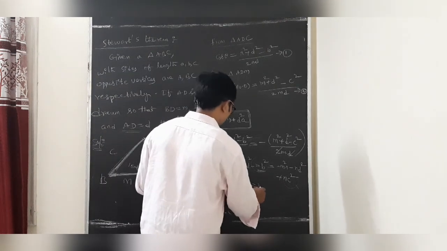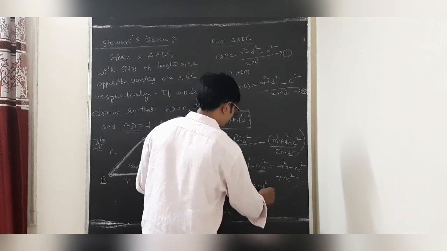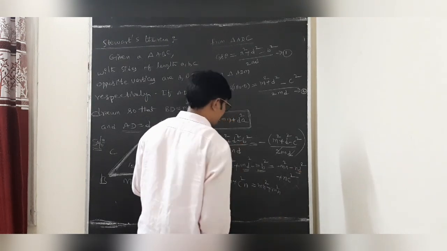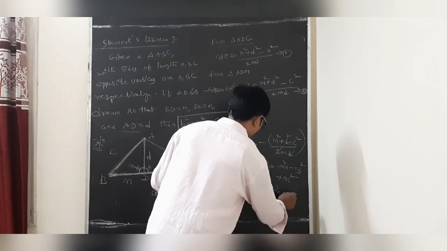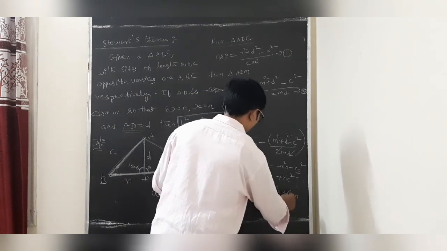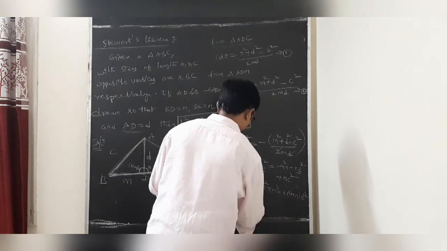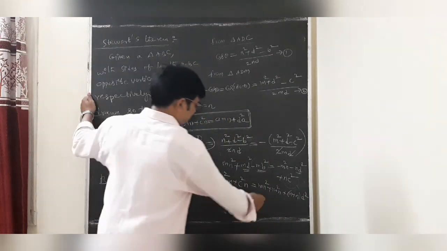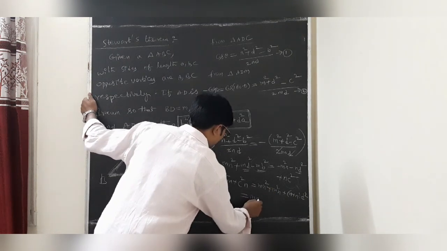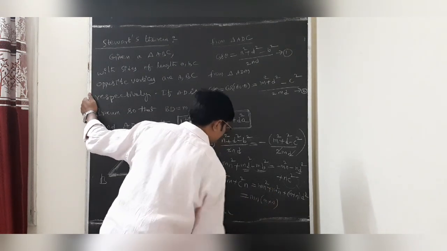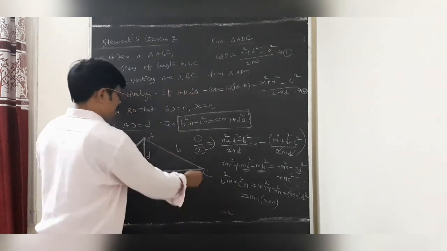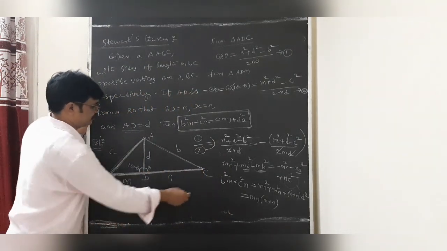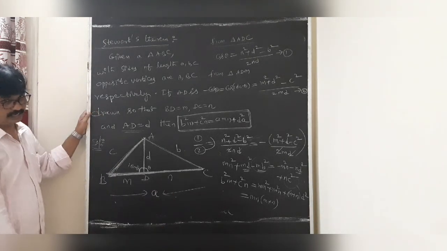What is there first? mn square, and the minus becomes plus m square n. This is md square, this is nd square, so we write m plus n into d square. Which is the common term? mn into m plus n. What is m plus n, dear students? The length m plus n is a.